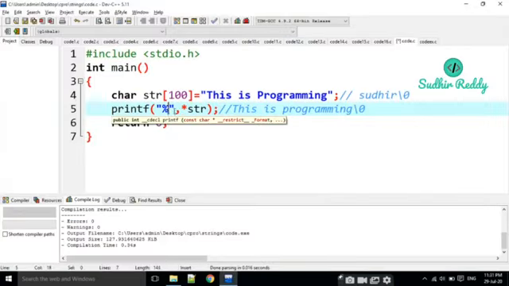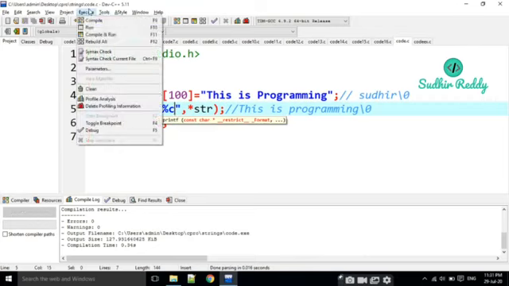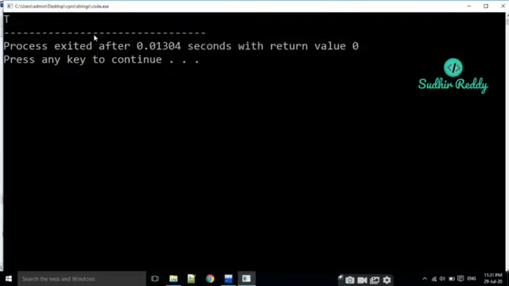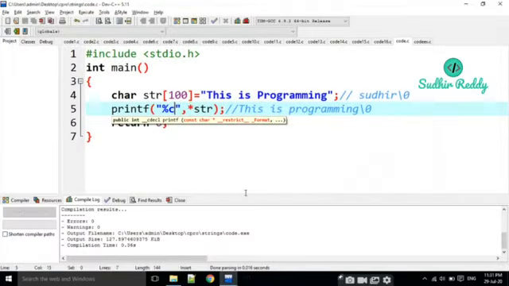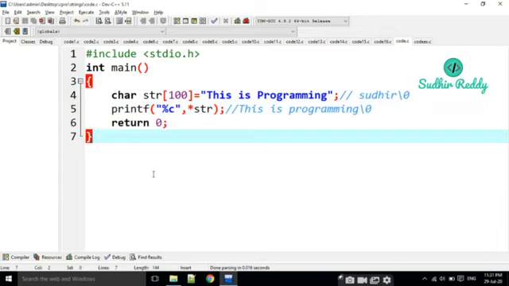For example, if I give %c here, that means a character, and execute it, it is going to give t. Just observe what that is. If you convert an integer into float, it is going to give something like 0.00, and the same for float into integer. But when we read character values and display them as integer values, it deals with ASCII values.